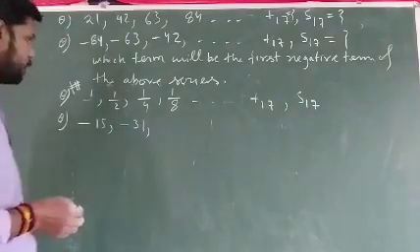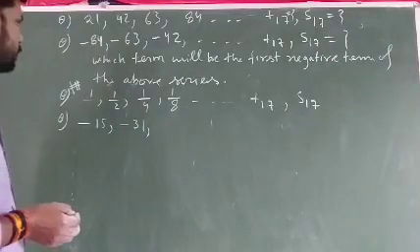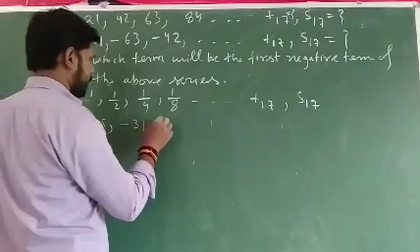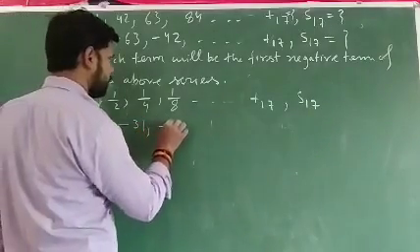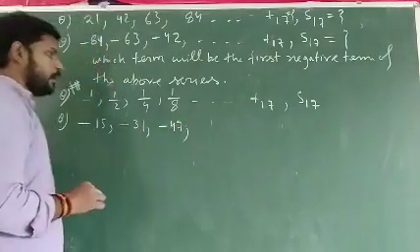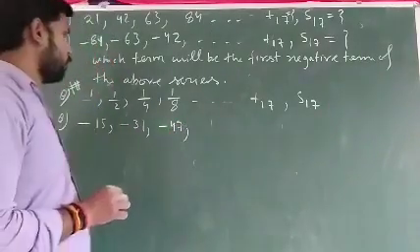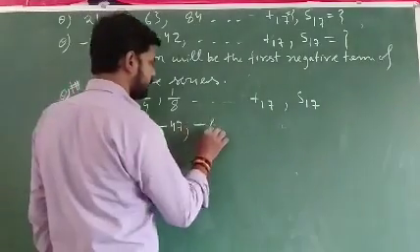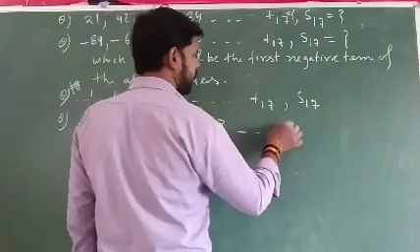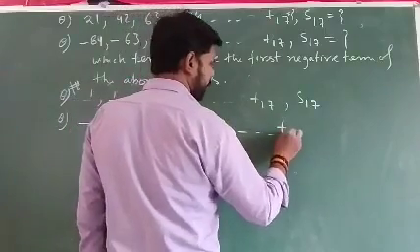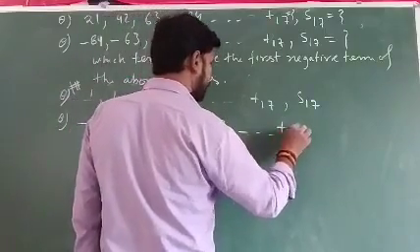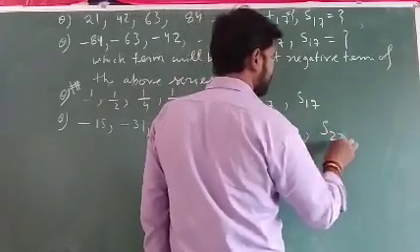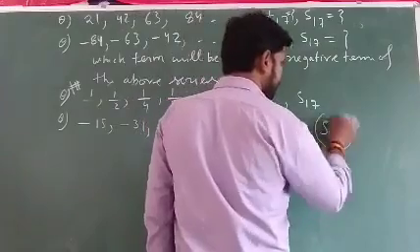After 31 we can go 37 and 47, minus 47. Next terms we can have minus 47, minus 53, minus 63, and so on. You need to find T23 and S23 and verify